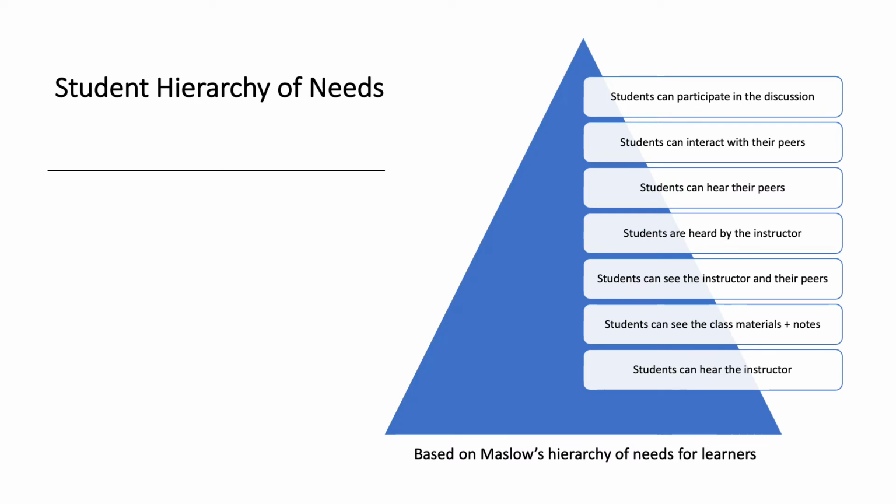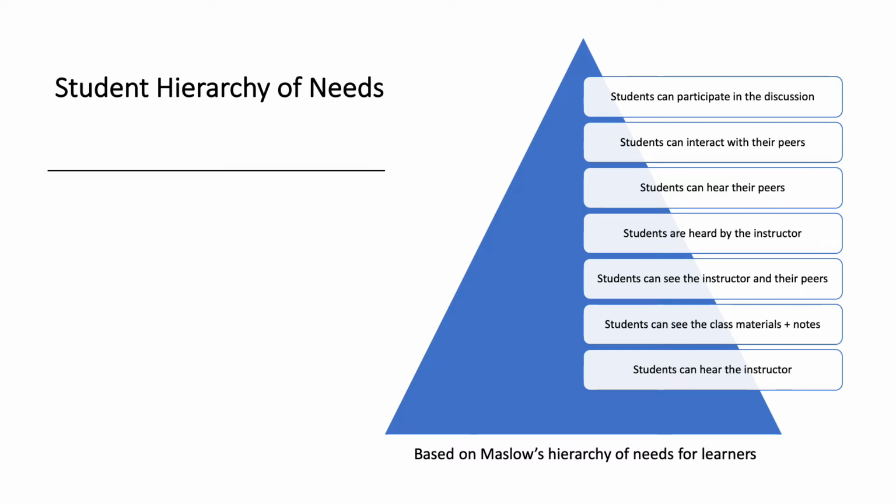This is followed by the student's ability to see the instructor and their peers, and then to be heard by the instructor, which is very important, especially if students need to ask questions or clarifications. And then students also need to hear their peers and they need to be able to interact with their peers. And once all of these things happen naturally, they lead to the last part that you see here at the top of the pyramid, which is participation